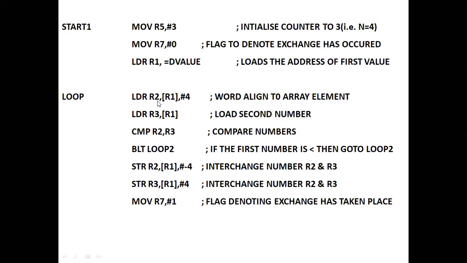Next, actually one word is in position. Next, we are taking the second value and third value. So from that address we take the second value, and in R3 we take the third value. Again we are comparing R2 and R3. If it is in the same sequence, we directly jump to loop 2, or else we do the swapping. Remember, in the STR we are moving the data from R2 to the location. That exact operation you will see while executing.